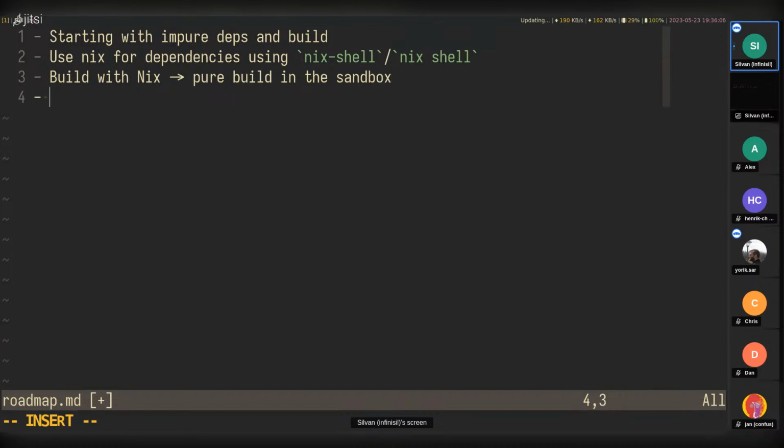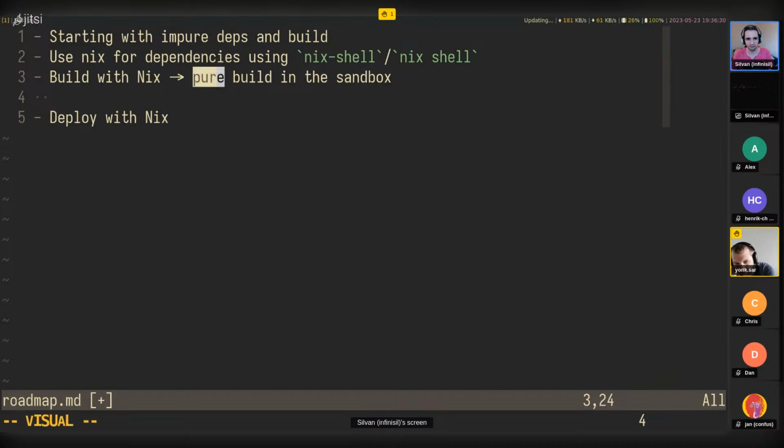A next step would be deploy with Nix. Generally, if you build with Nix, you still have your deployment set up maybe with Docker or some other thing which needs to build the product again in and of itself. So you don't really have the full advantage of the pure build. You can also make this work with a static build, which doesn't have any dependencies anymore, and then you can distribute the static build.